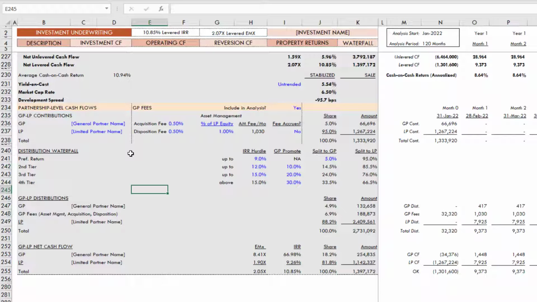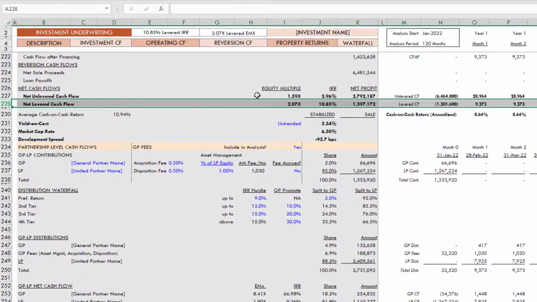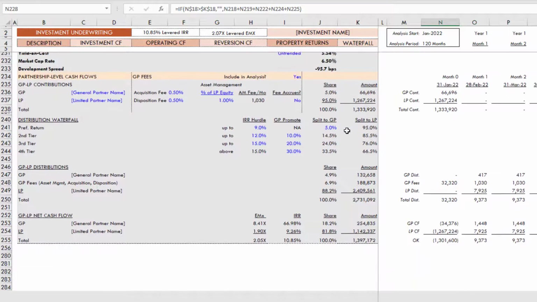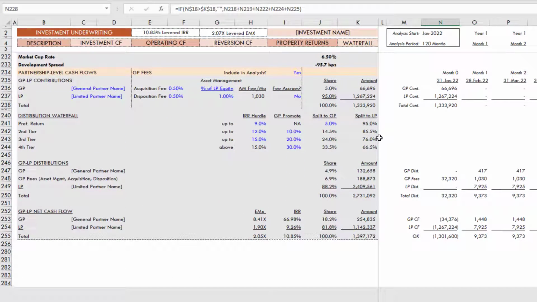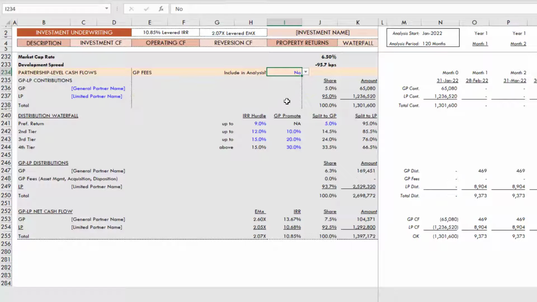And here in the waterfall is where you model out the partnership level cash flow. So we take the net levered cash flow line from the property, and that flows to the partners. And so the partners then either have contribution requirements, meaning they have to contribute capital to the venture, or they receive distributions. And so here you're going to enter things like GP fees, if there are any, asset management fees, again, paid to the GP if there are any. You can toggle this off altogether if you don't want to include those fees in your partnership level cash flow